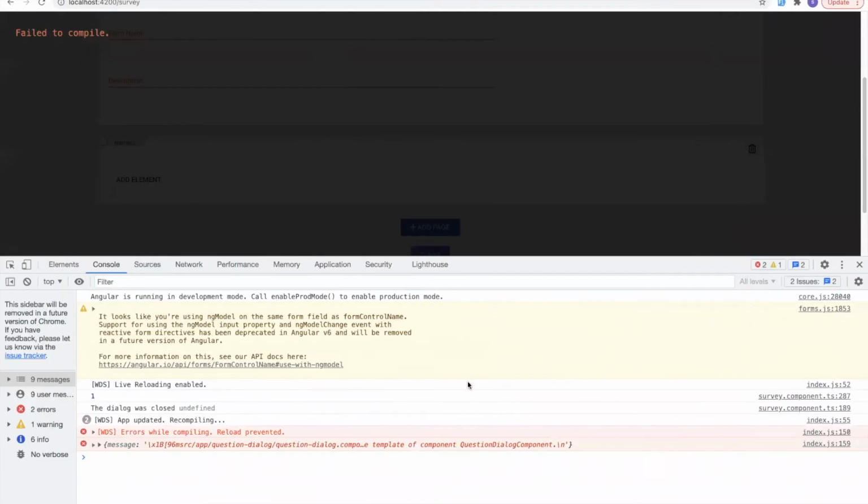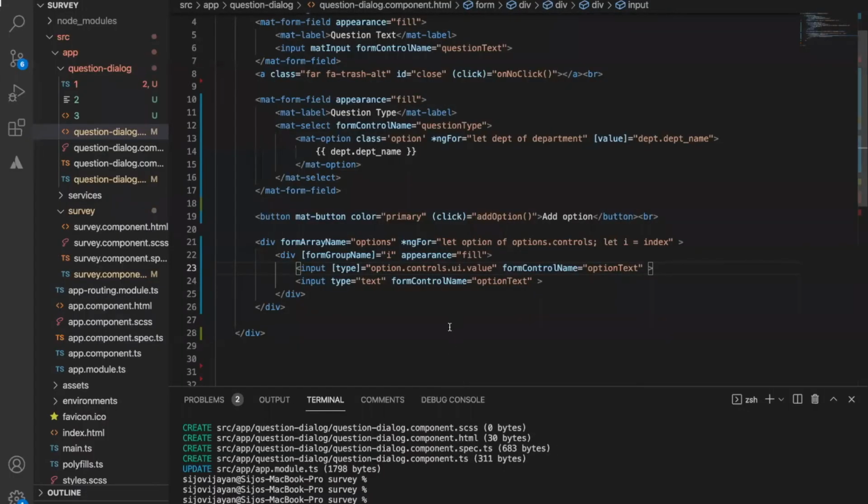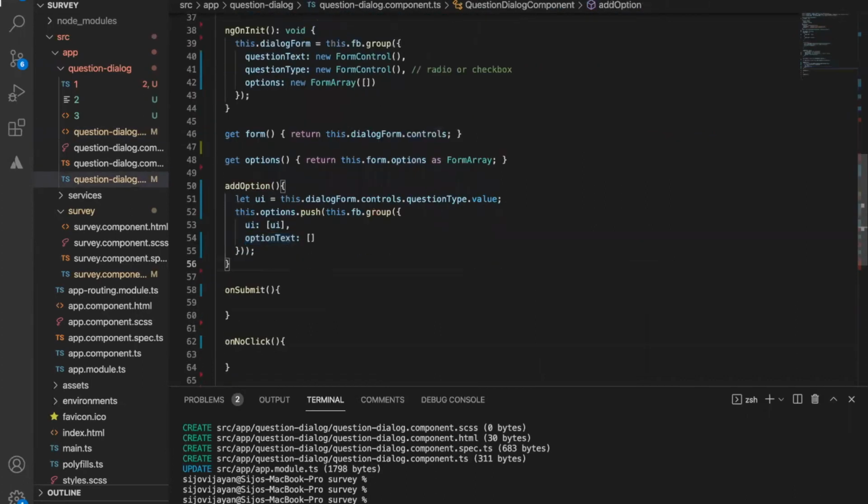In order to avoid this situation, I just figured out a solution so that I will show you. So instead of calling this like this, let's define a function. Here I am going to define a function like get control.